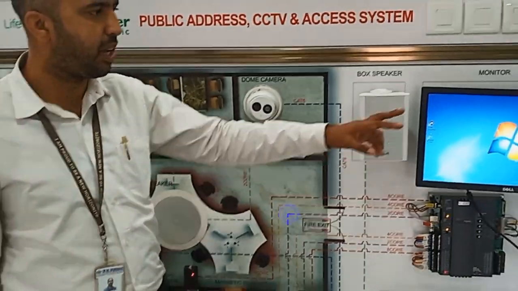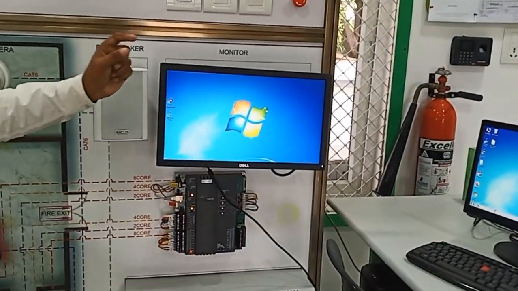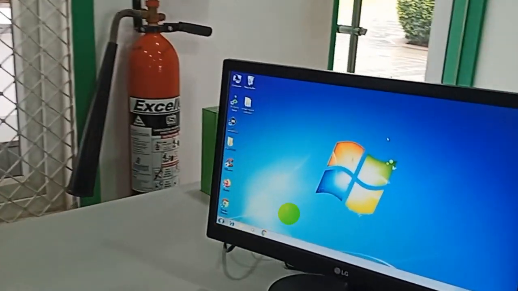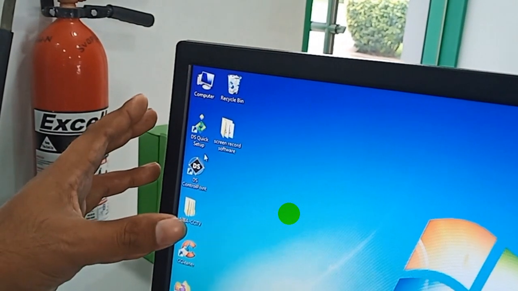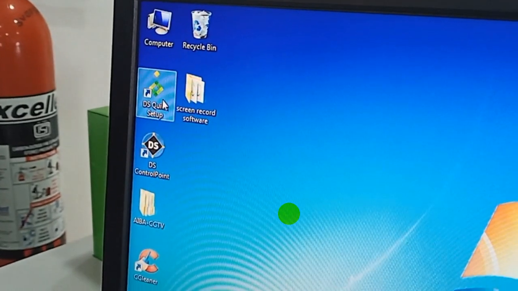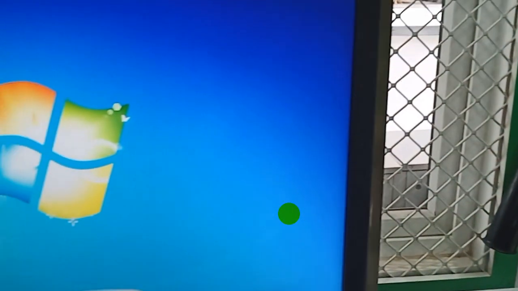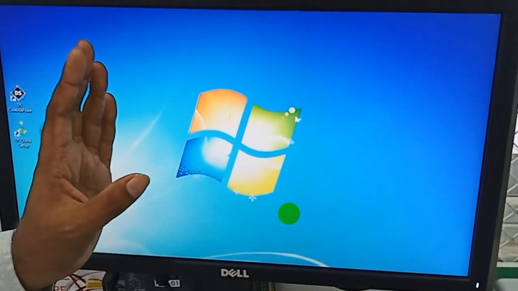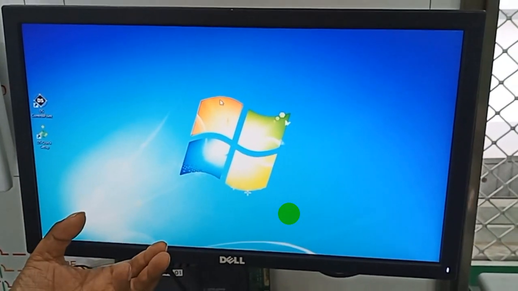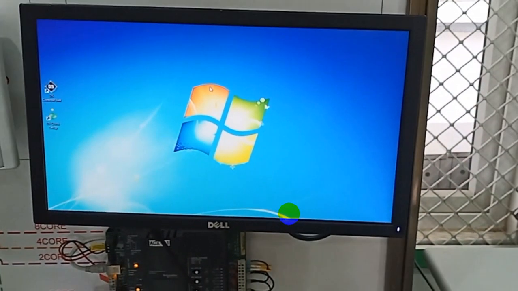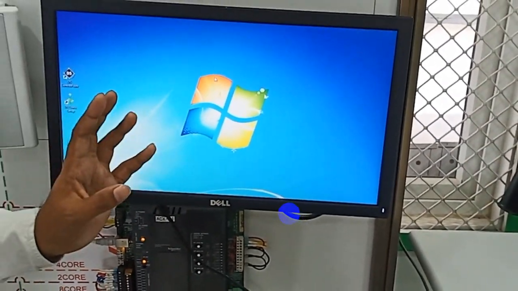For this purpose I am going to use two simple software: DS Quick Setup, and the other one will be the DS Control Point. So here you can see the two softwares. In this application I am going to see the live streaming over this screen, and also I can see the recorded version of the video, based on what date and what time.